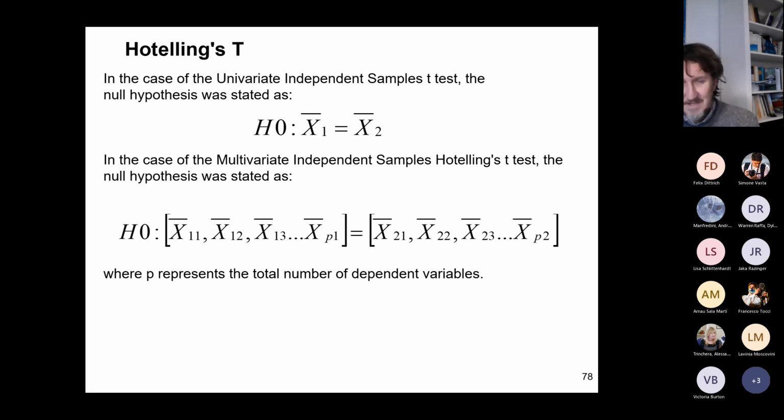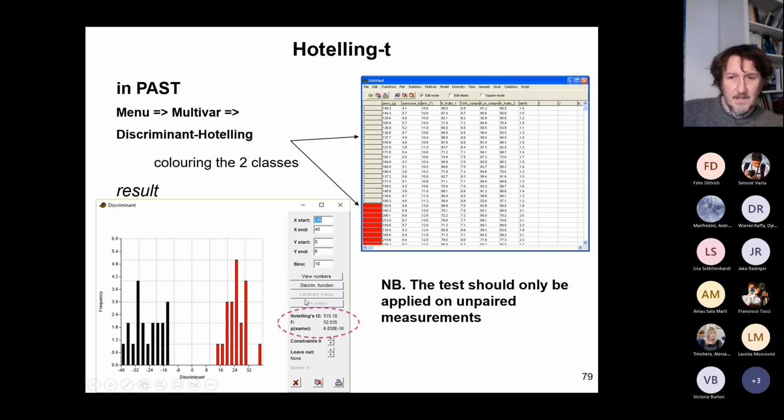So it's quite complicated to understand, but the tests show you these. You could apply these to the matrix. The null hypothesis is the same, that at least one of the groups is different. Hotelling T in PAST is,